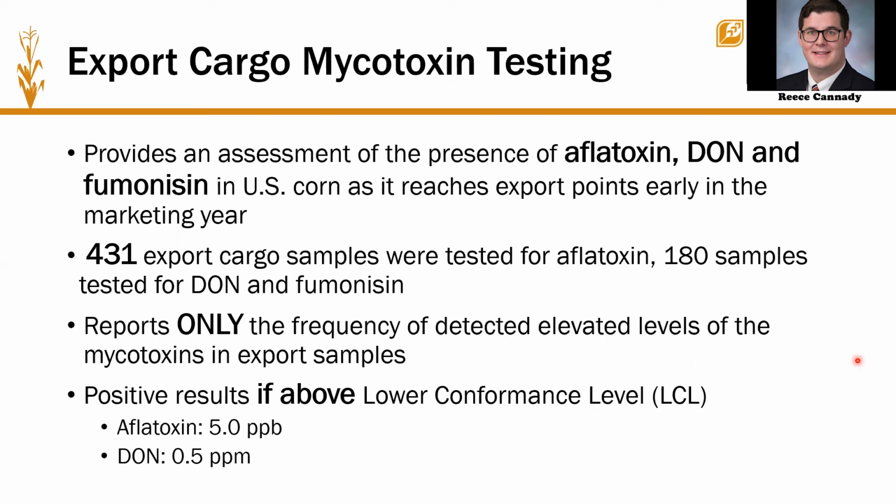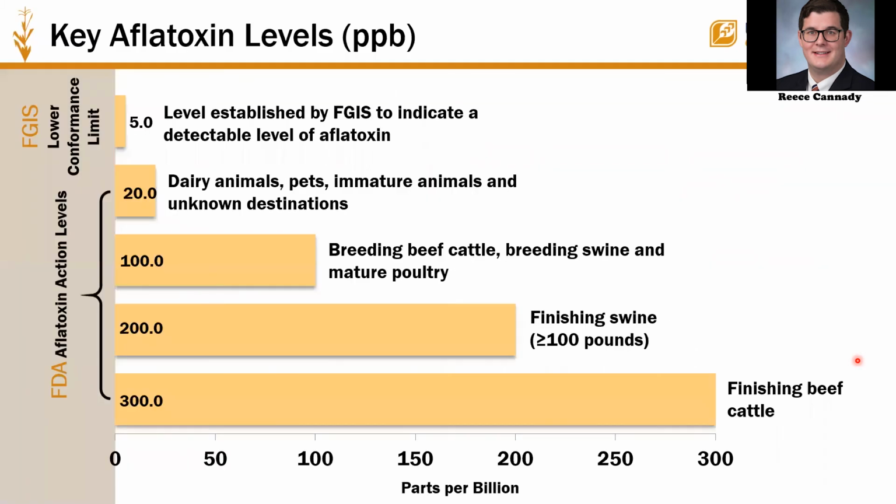We look at our positive results if we're above the lower conformance level, which for aflatoxin is 5 parts per billion, and for DON and fumonisin is 0.5 parts per million. So here are the suggested levels by the FDA, that's the Food and Drug Administration here in the U.S., when it comes to diets for animals. You look at dairy animals being some of the most sensitive. They're at 20 parts per billion. And then breeding cattle and swine and poultry are a little less sensitive, with finishing beef cattle being the least